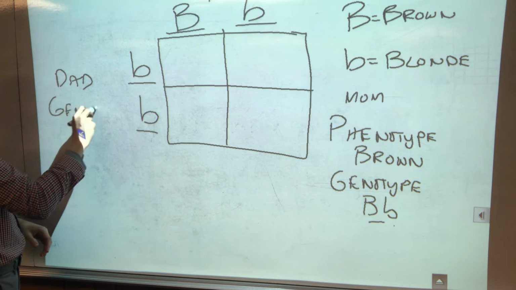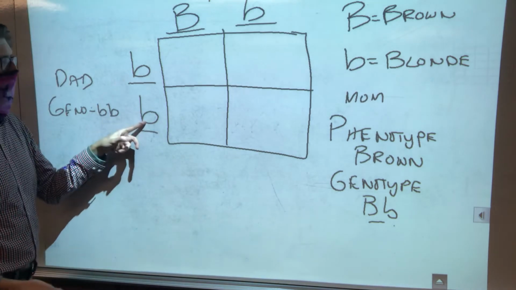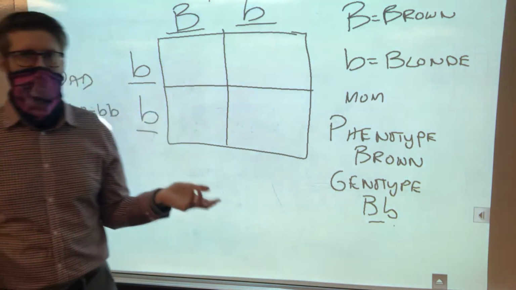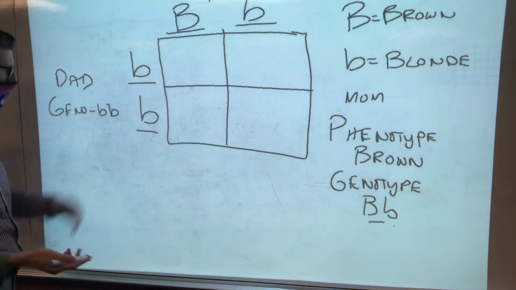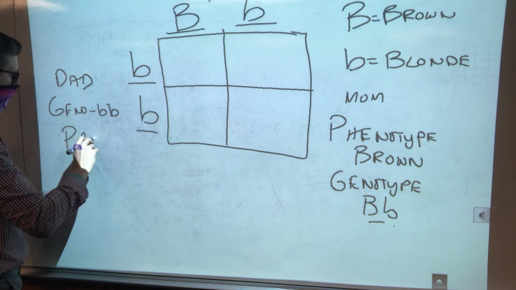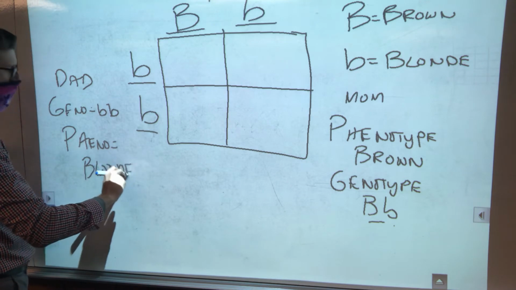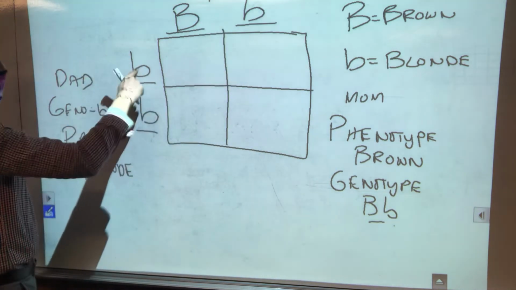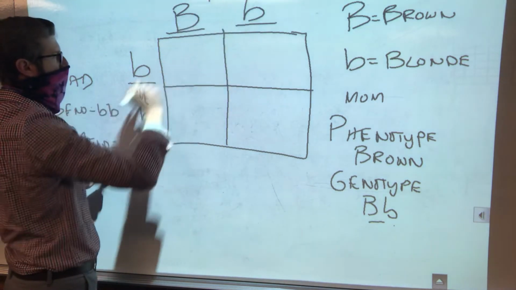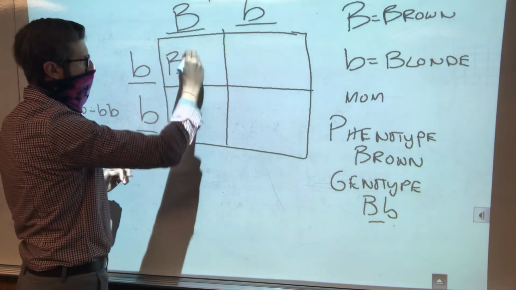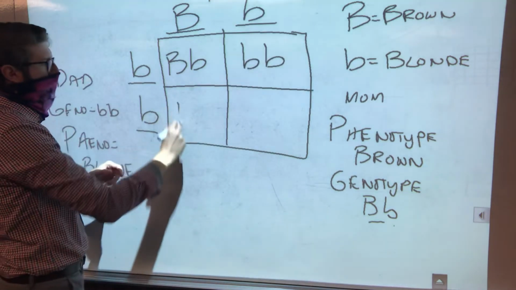So genotype equals little b, little b. So what hair color is that? Well, only one of these two is going to get expressed, but it doesn't matter which one gets expressed because they're both blonde. So he's going to be either blonde or blonde. Those are Dad's options. So phenotype equals blonde. So we got a brown-haired mom and a blonde-haired dad. And if these two, with these genotypes, have kids, the possible outcomes for their kids are going to be